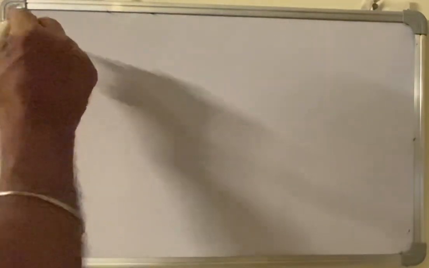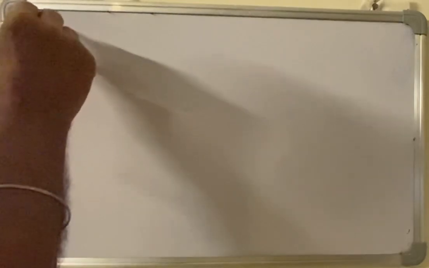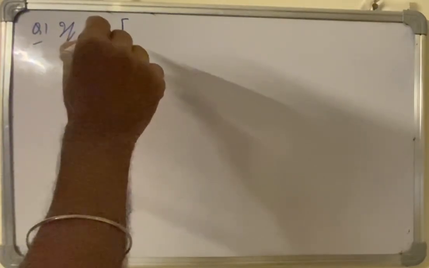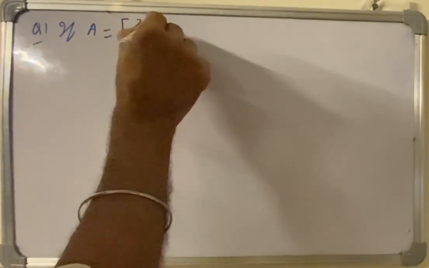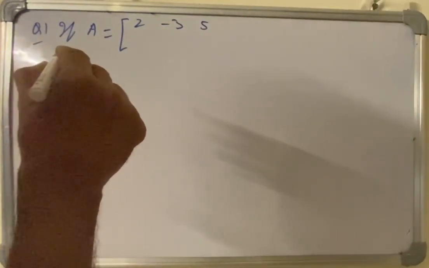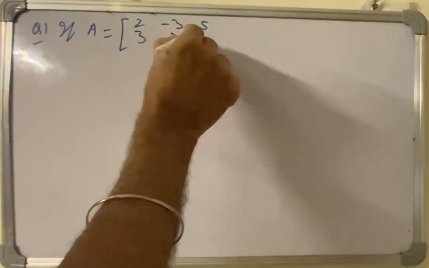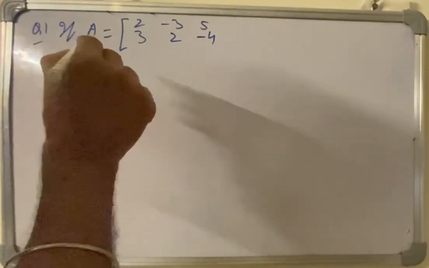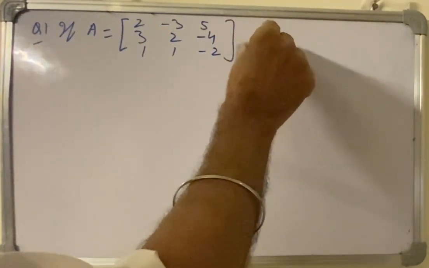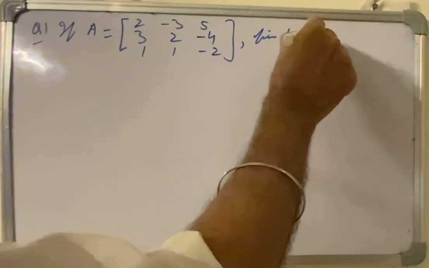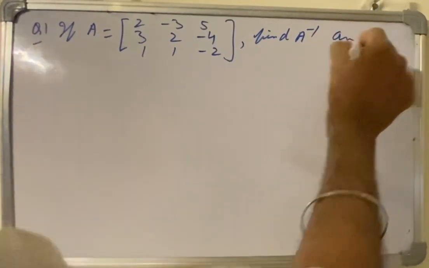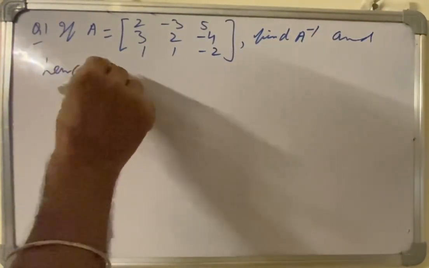First question: if matrix A is equal to [2, -3, 5; 3, 2, -4; 1, 1, -2], find A inverse and hence solve